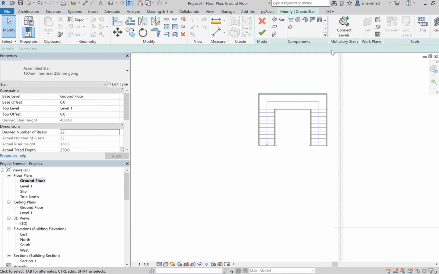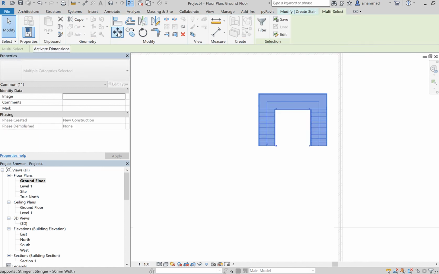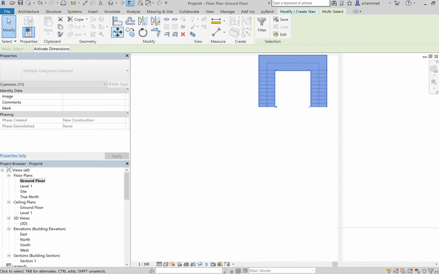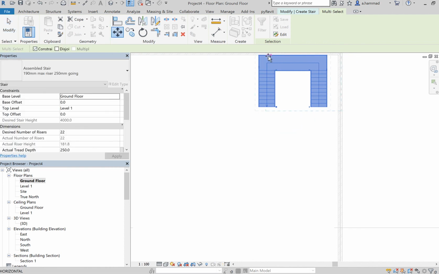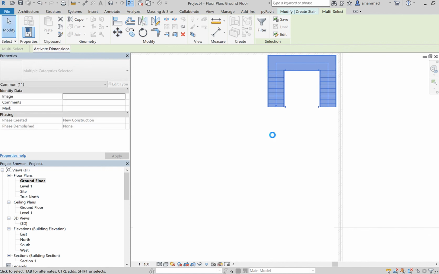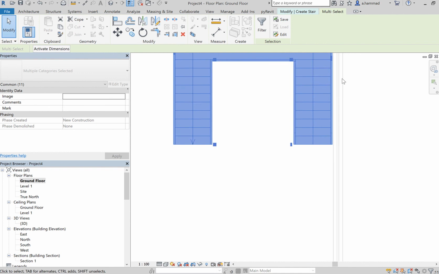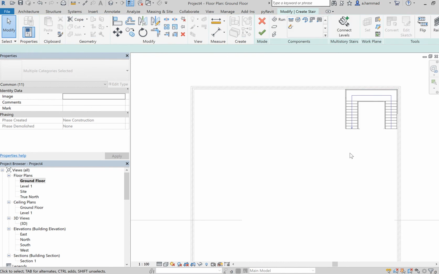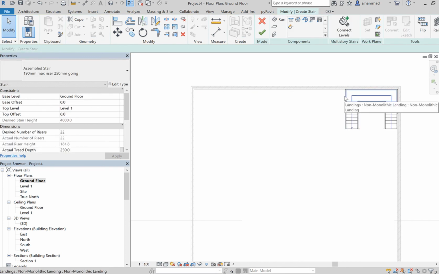Now the location of it, as I said, has to be close to the wall structure. So in order to move it, what you've got to do is just highlight it, and then go to your move tool, and then let's click on the corner and move it so that it aligns with the wall. Again, we can move it so that it aligns with that other wall section as well. Alternatively, you can use your arrow keys on your keyboard, and once you're happy, you can just click once. And again, if I use my tab key